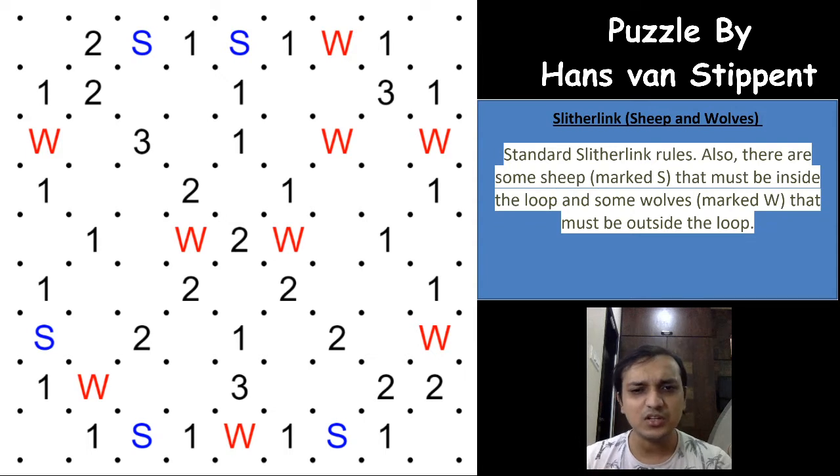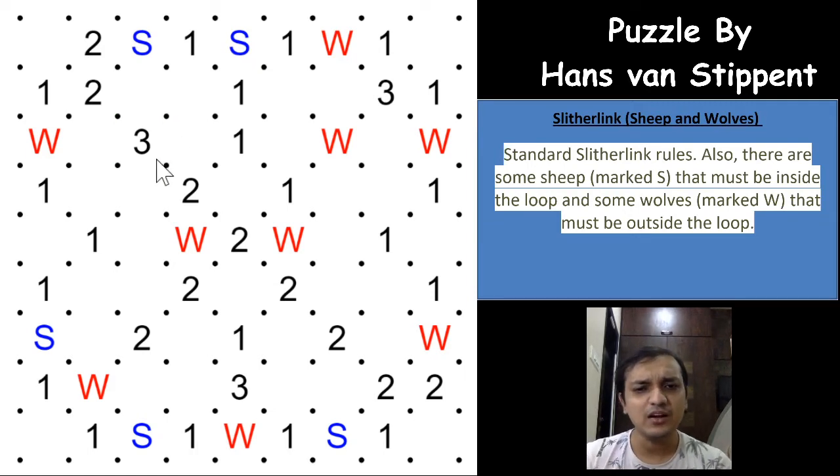This puzzle is nothing but a Slitherlink puzzle, with just an extra constraint, which makes it more fun to solve. So coming on to the rules, according to the Slitherlink rules, we have to draw a single non-intersecting loop that passes through some of the dots in the grid, not all dots. And the number indicates the number of the 4 orthogonal sides that are used by the loop. So if this is a 2, then there will be 2 sides used by the loop. If this is a 3, then there will be 3 sides used by the loop.